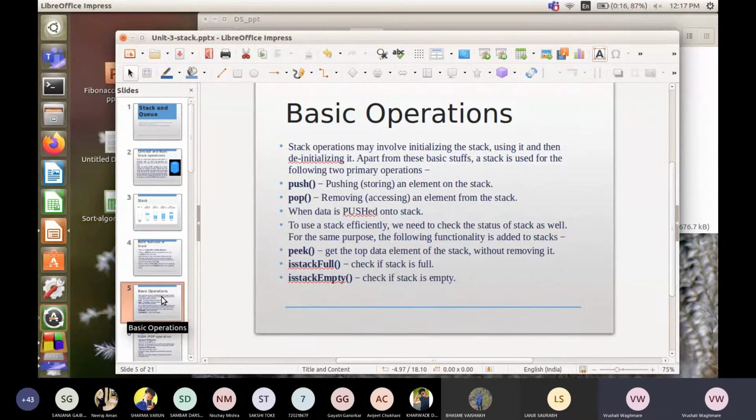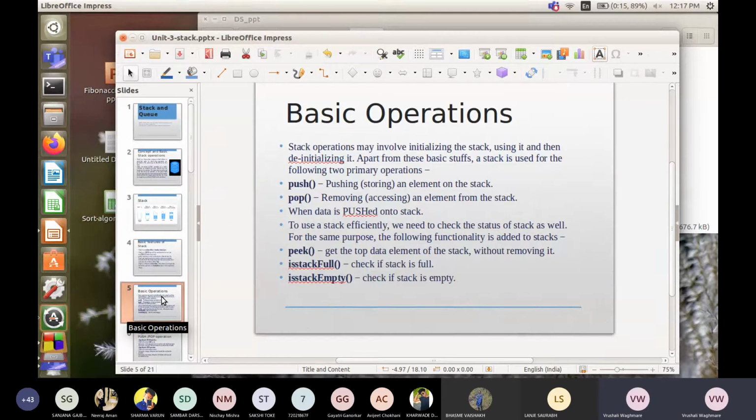These are the two important operations of the stack, and in these two operations we again require two more operations: while pushing data into the stack, we check the status of the stack, whether the stack is full or not. And second, while popping the data, we need to check the status, whether the stack is empty or not. So checking the status of the stack, if the stack is full or not, or if the stack is empty or not. These are again two operations in the stack.